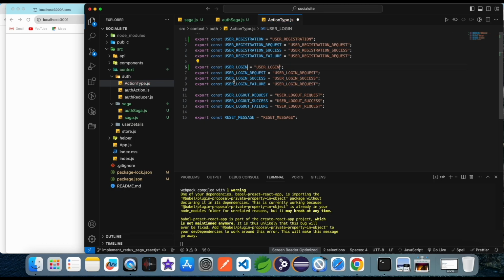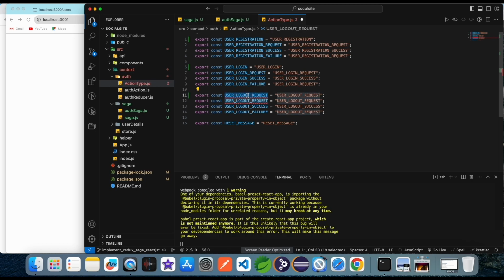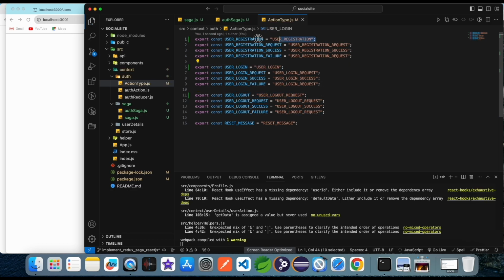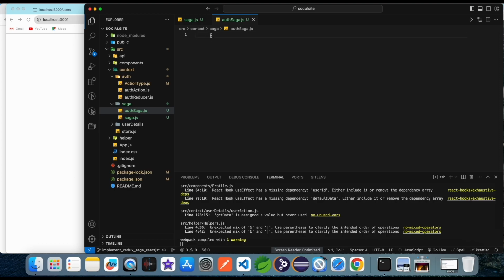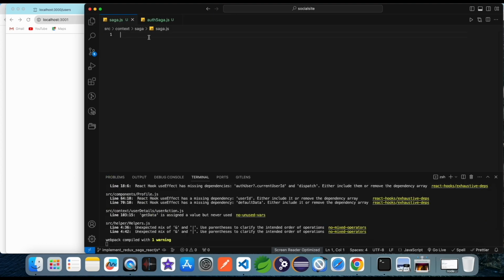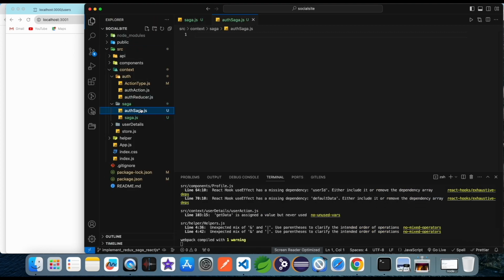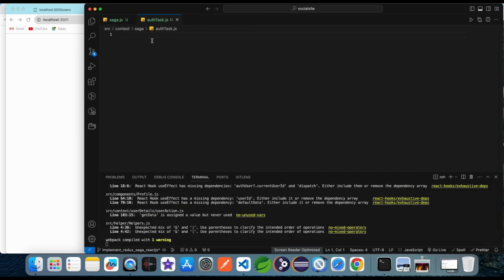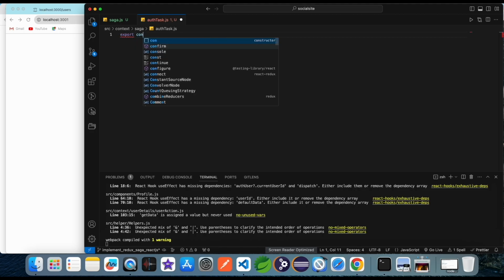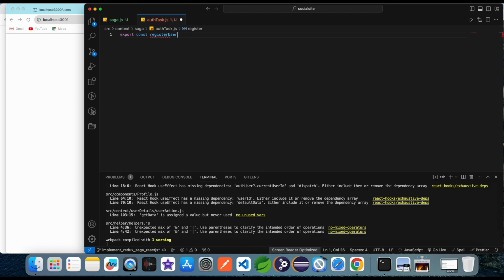Like this is the root action type from where the Redux-Saga is initiated, and for that, okay, rename. I want to name it auth task because this is related to user task, like for authentication. And first I write a function, export const registerUserSaga. This is the generator function, so I use asterisk,